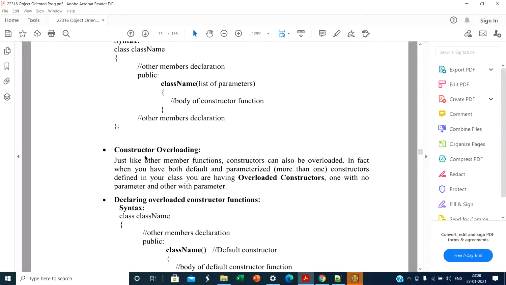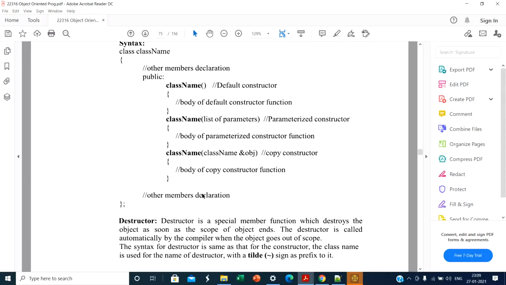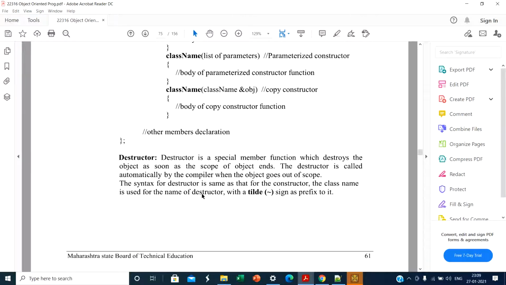Then constructor overloading is one concept. When in our program two or more constructors are defined, it is called constructor overloading. And a destructor also has the same name as the class name, but it is prefixed with the tilde operator.